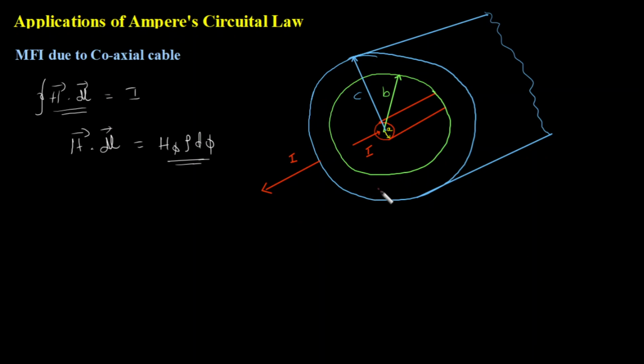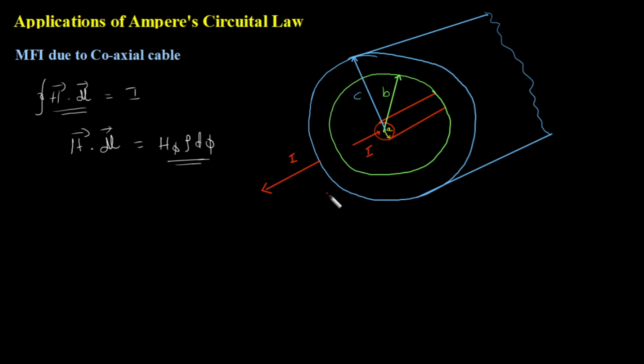This is a good question, right? So my expression for H vector will vary, no? If I consider it outside, the currents will cancel each other and I may get H vector 0. Chances are there. We will look into that. And if I consider the enclosed path inside, I will get the magnetic field intensity here in the coaxial cable. But I will fail to calculate the magnetic field intensity somewhere at this point outside the coaxial cable. So what I am trying to convey is, you have to consider all the cases.